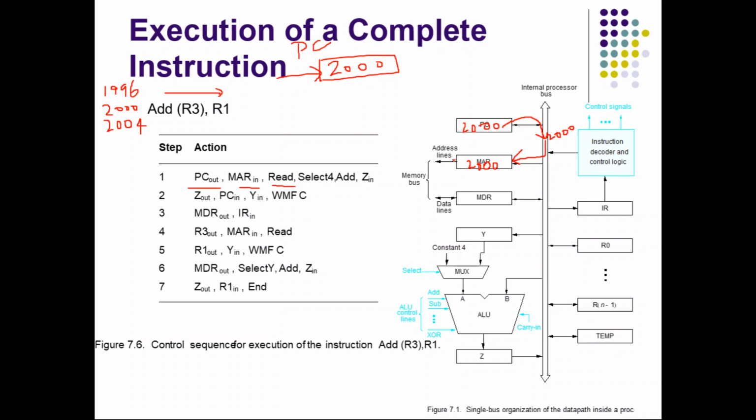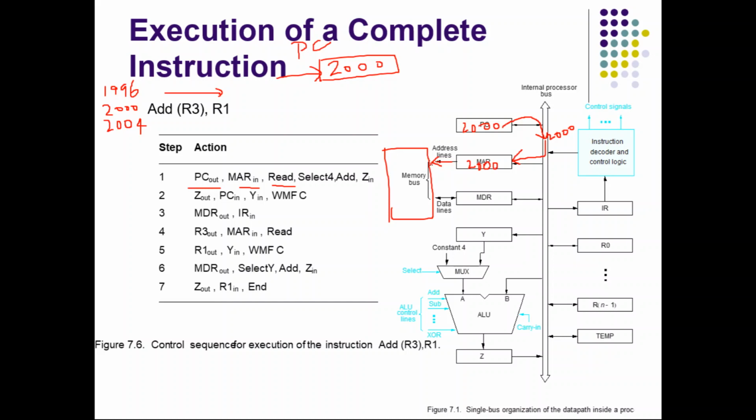These are the lines through which MAR and MDR are connected with the system bus. MAR is connected through the address lines and MDR is connected through the data lines with the memory system bus. Data can move in both directions, from CPU to memory and from memory to CPU, so it is bidirectional. But for the address, only the CPU can request from which address it wants, so that address is sent only in this direction.